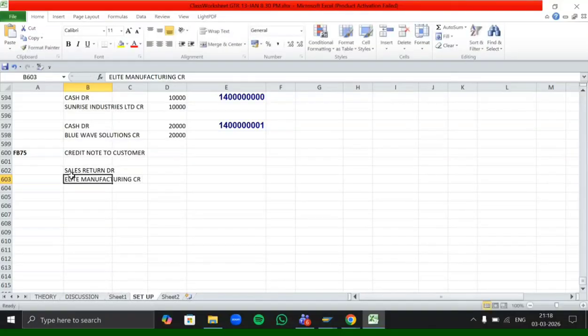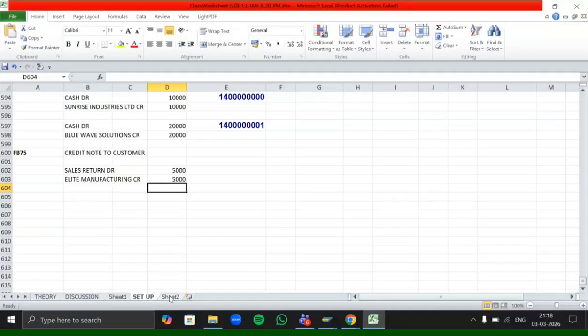Okay, with what amount? 5,000. 5,000 exactly. So now to post this transaction, do we need any GL here? Yes.